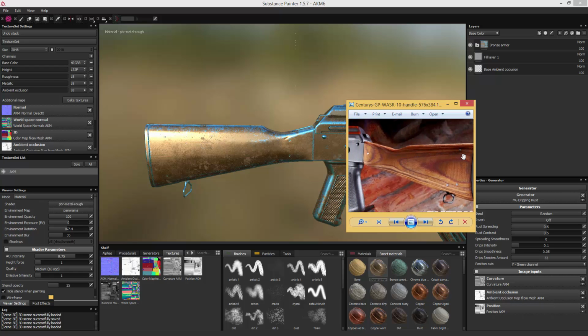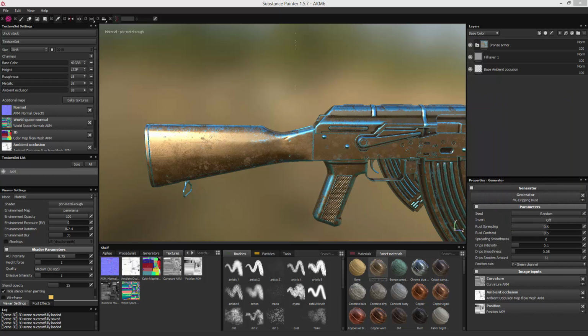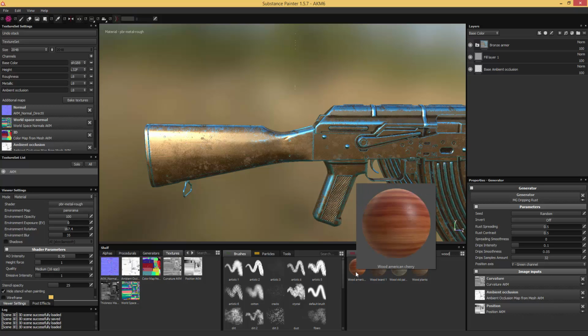I'm trying to mimic that as much as possible. And for that, we're gonna make use of a procedural wood material. Substance Painter already comes with it. It's called Wood American Cherry. However, I wasn't quite happy with the result when I compared it to the specific texture reference that I want